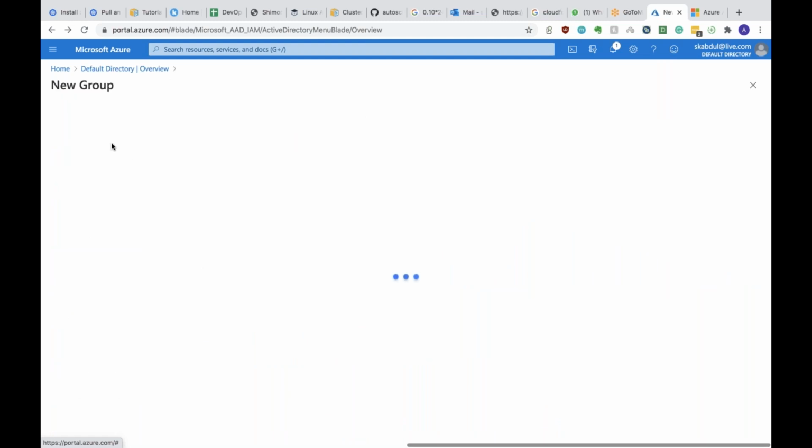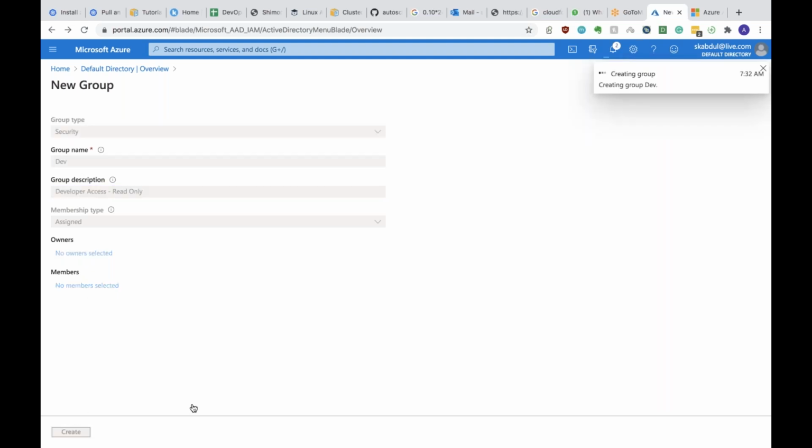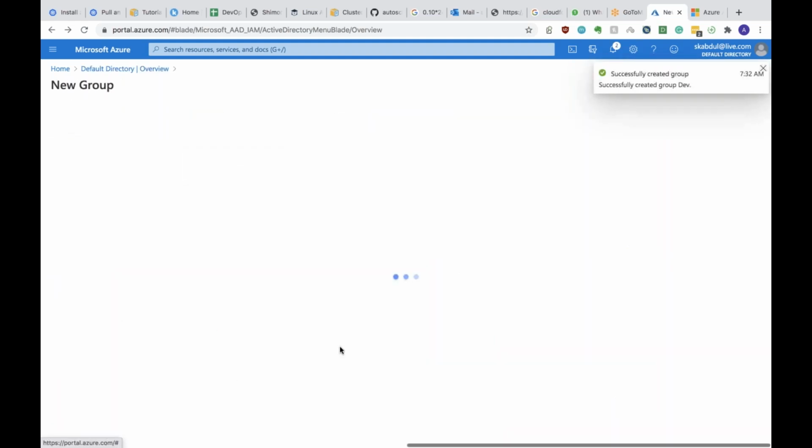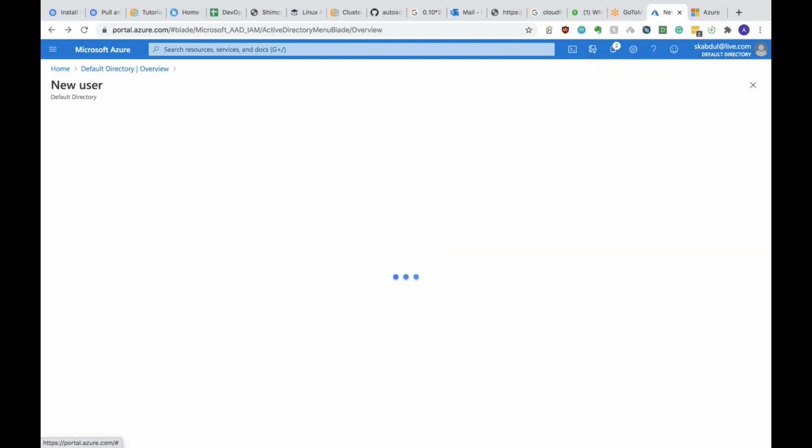But let's anyway. Let me create another. Dev access read only. Now if you check the groups, sorry, if you check the user now,